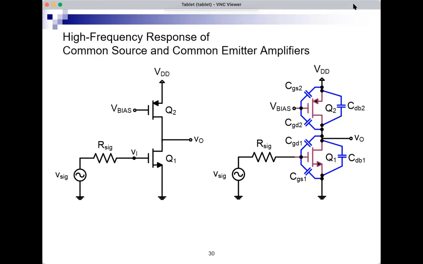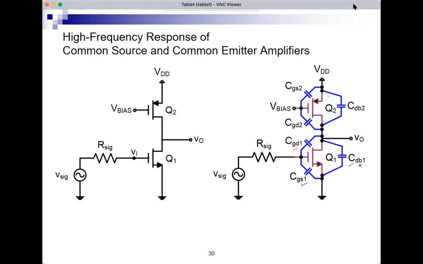And it appears between drain and source because B is internally shorted to S. So these are the capacitors for Q1. So this transistor comes with three capacitors, and we're showing them here to emphasize that we now have capacitors in the circuit. And if I want to find the transfer function, I need to consider these capacitors, and they become impedances. Each one is 1 over SC, and this is how S enters in the transfer and the gain equation,